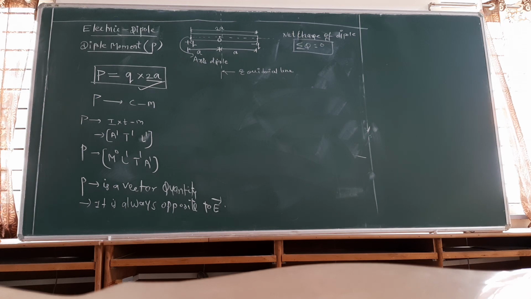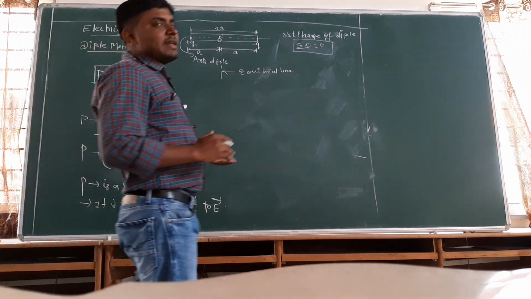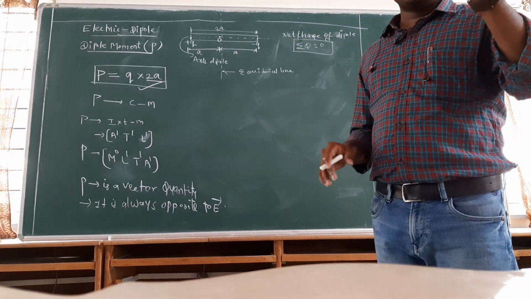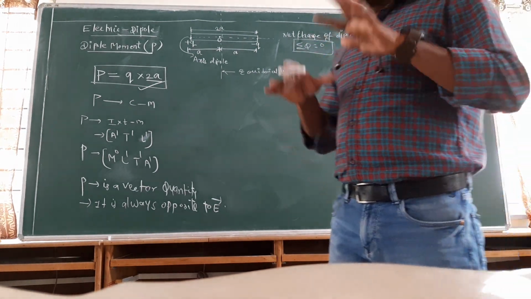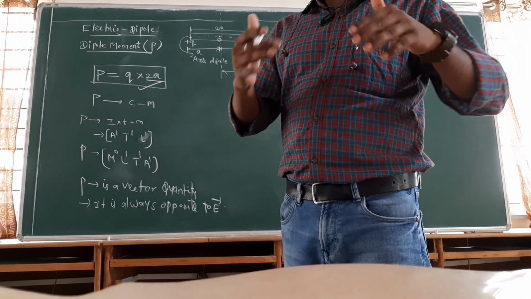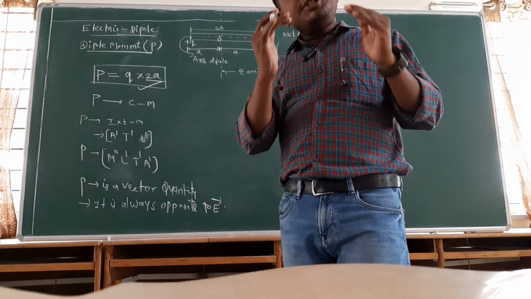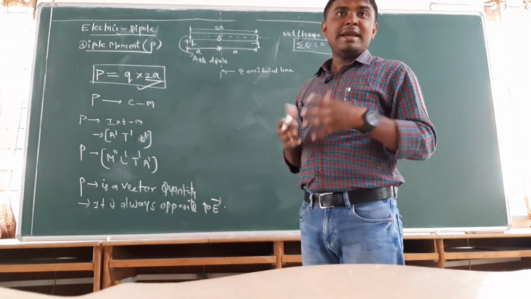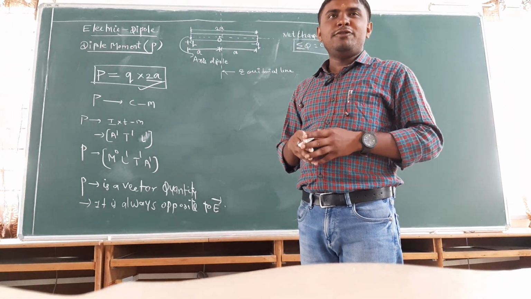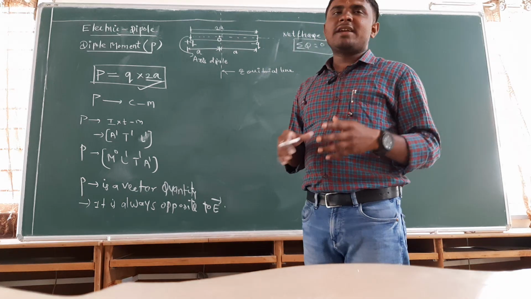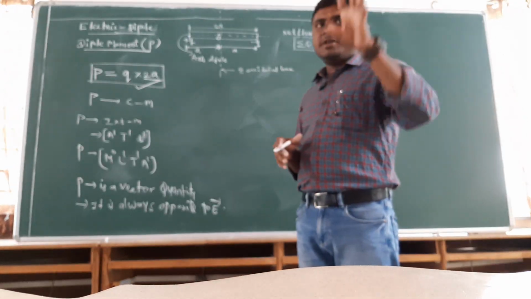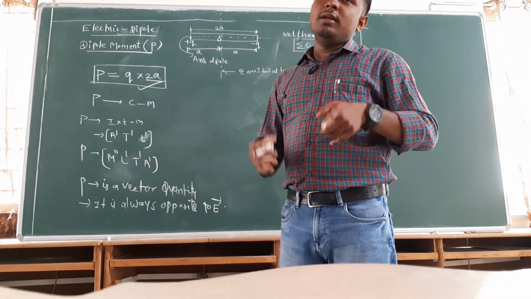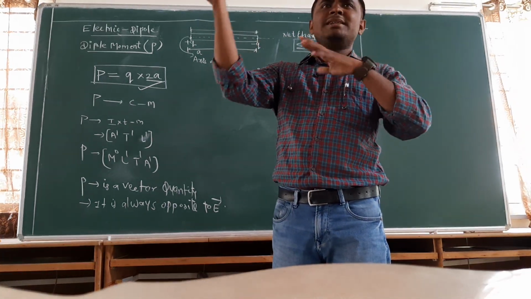Once you understand this, a dipole is a system of two charges, positive and negative. These two charges will develop their own electric field, so the total dipole will have some net electric field, called the dipole field. Now we are going to see how to find electric field due to a dipole. We have three cases: on axial, on equatorial, and at a certain point in between axial and equatorial.